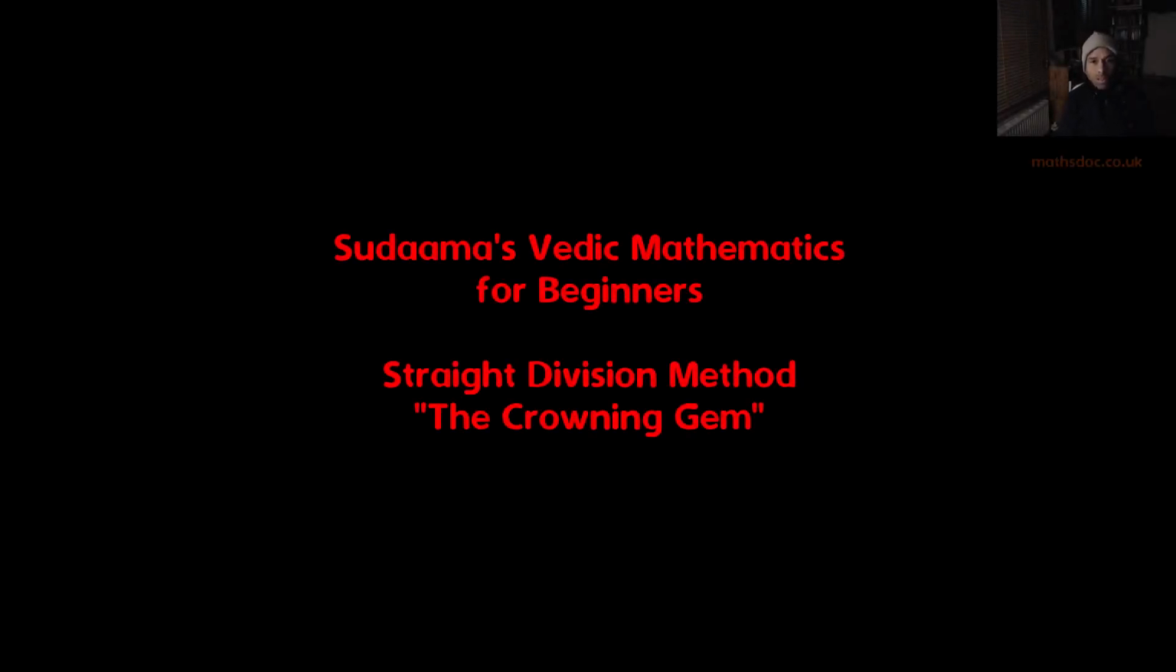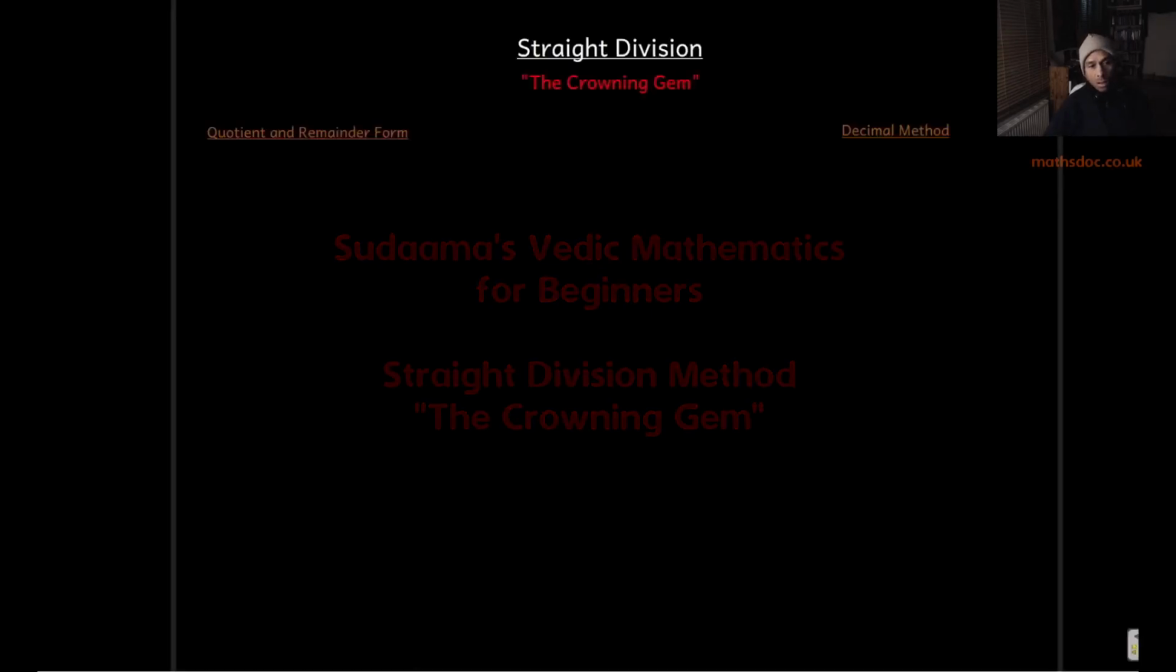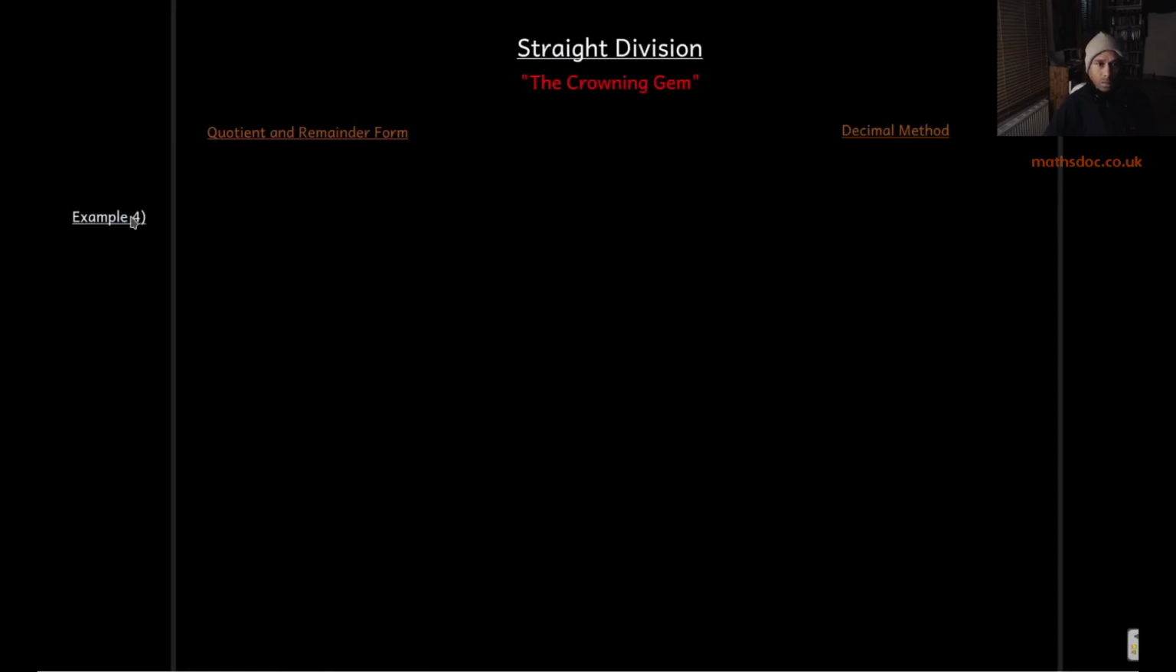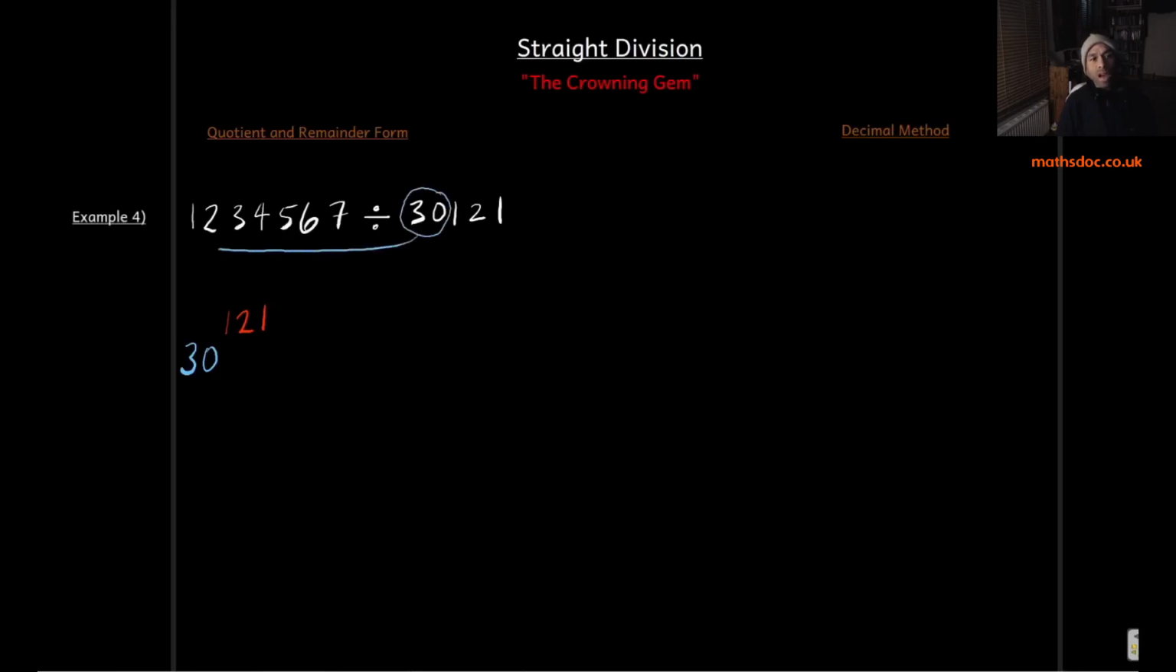We're on Straight Division section, example number 4. Let's take a look. What are we looking at? 1, 2, 3, 4, 5, 6, 7 divided by 3, 0, 1, 2, 1. Big numbers. Right, so already we're splitting the divisor into 30 as an operator and a flag of